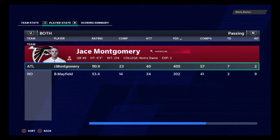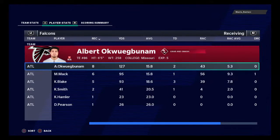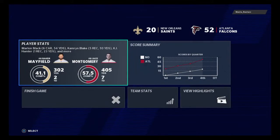So for Atlanta, they close out this first half at a very solid 6-2. And they'll be able to enjoy this one through the bye week before they get back at it again. Meanwhile, for New Orleans, things are definitely going south quickly as they fall now